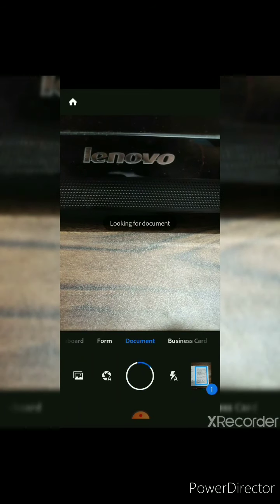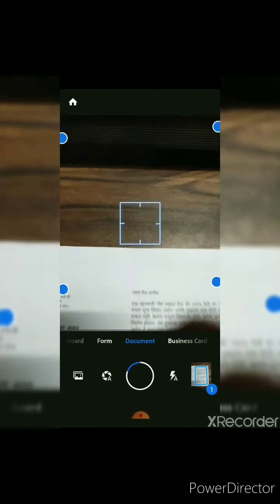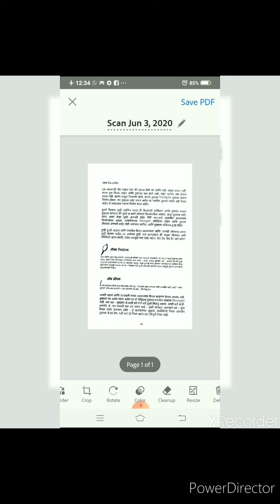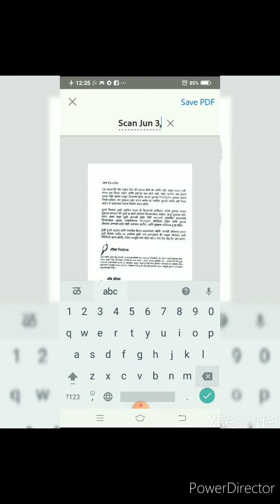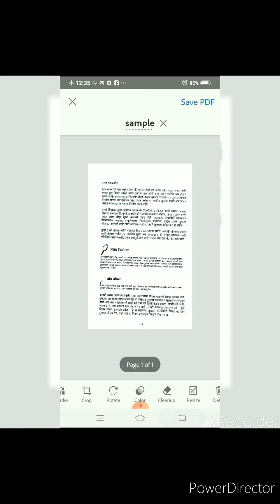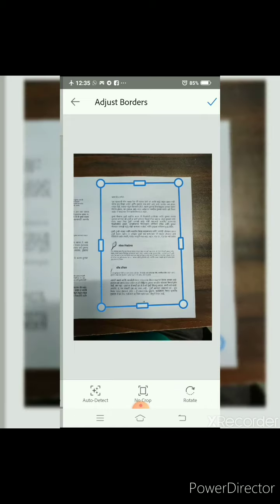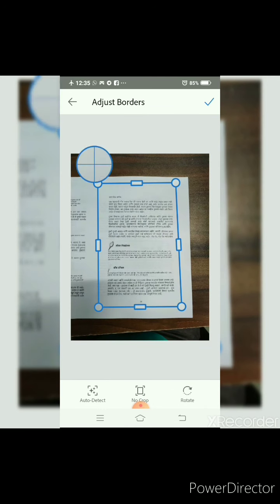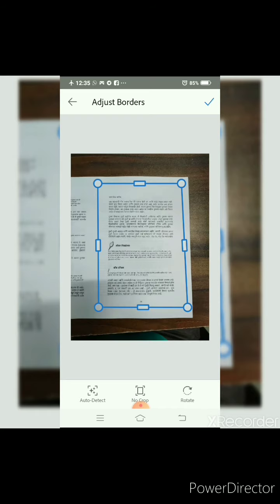Now the camera is open for the next image if you want to capture. Otherwise you can click on the picture you have already taken. Here you can see the scanned copy. Now you can edit the name of this document, just like I'm doing here. Okay, some options are given. You can add many pages to this document. You can reorder the pages if you have multiple pages. Then again, if you think you need to crop the area of this document, you can recrop it.